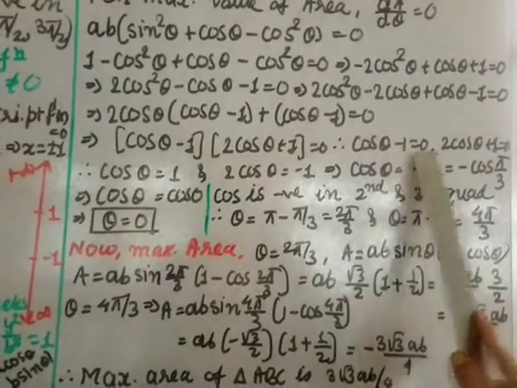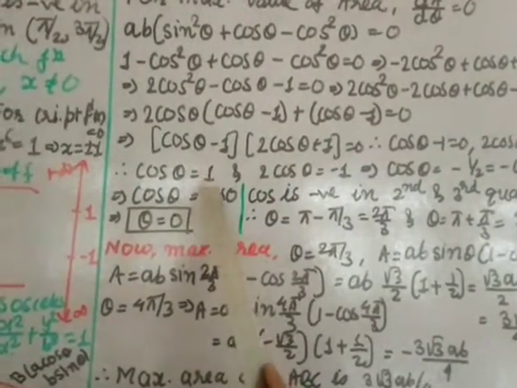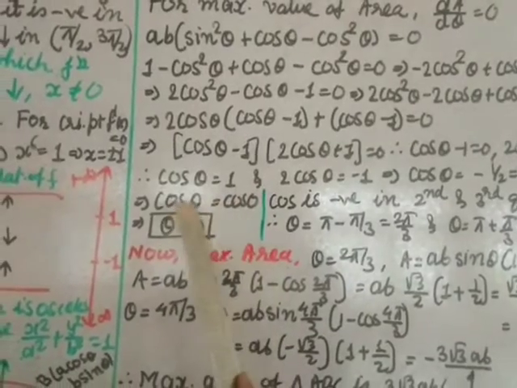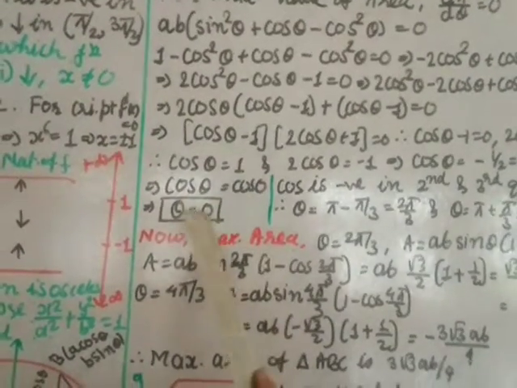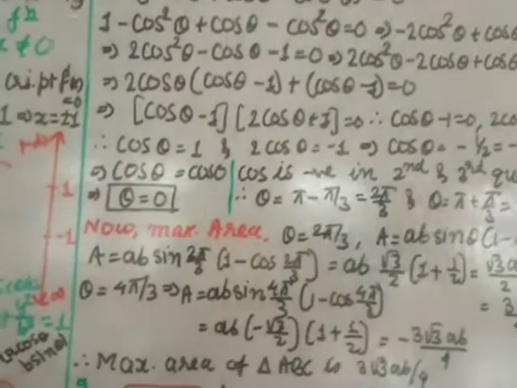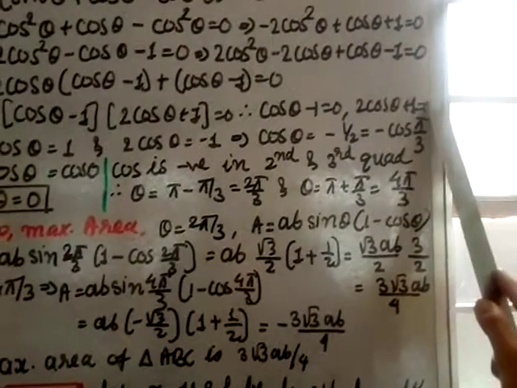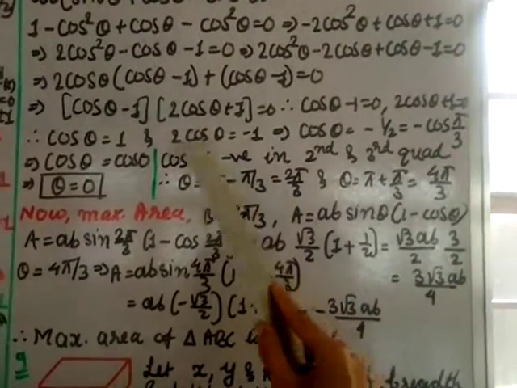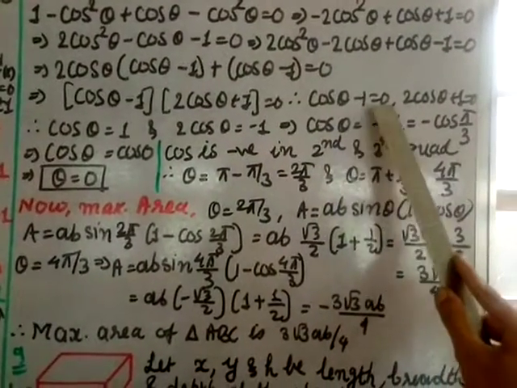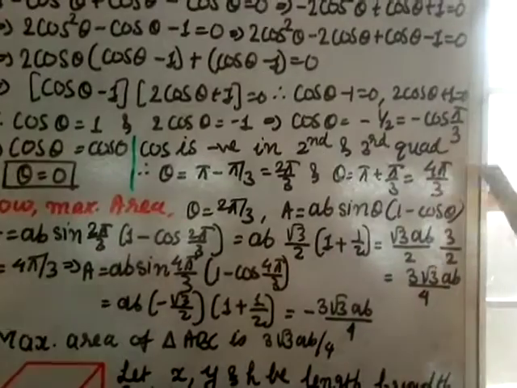Cos theta equal to 1, and you know cos 0 is 1, so I can put cos 0, that means theta is equal to 0, which we will not take it. Okay, if theta is equal to 0, then the area will not be maximum, so we'll just neglect, we'll go to the second part. So 2 cos theta is equal to plus 1, you transfer, becomes minus 1, so minus 1. Transfer 2 here, cos theta is equal to minus 1 by 2. So cos value which is 1 by 2 is cos 60, so cos pi by 3.